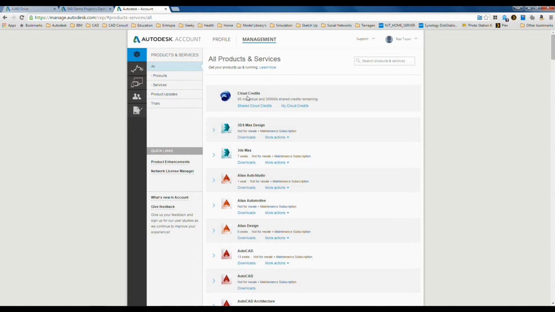So you do actually get cloud credits when you create a free account anyway. Everybody starts with a certain single amount of credits. I've got quite a few extra credits because it's linked to my account. And what credits enable you to do is either upload files for rendering, whether they're from AutoCAD DWG files or from your Revit software or Inventor and so on and so forth. You can also do it